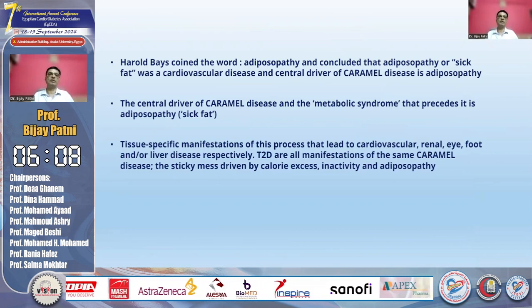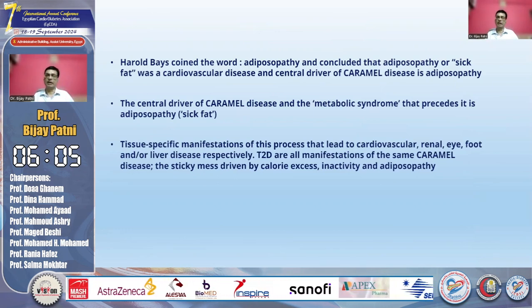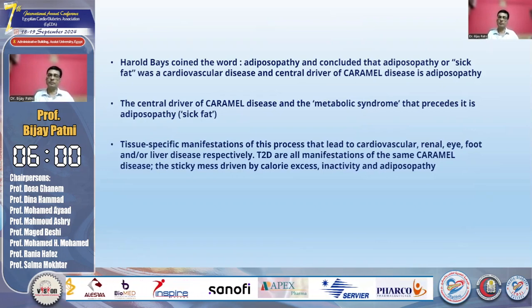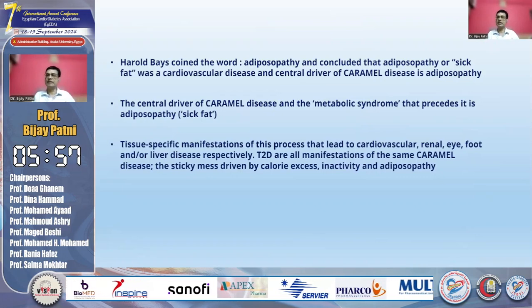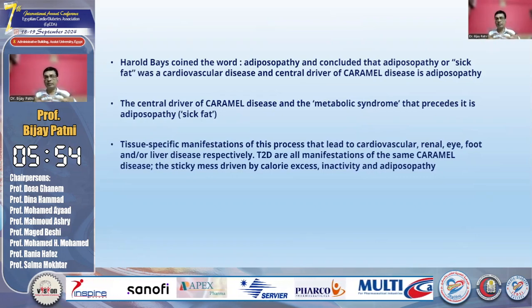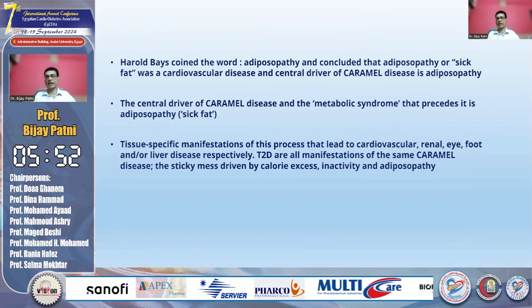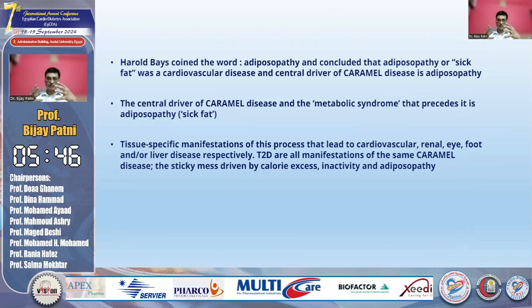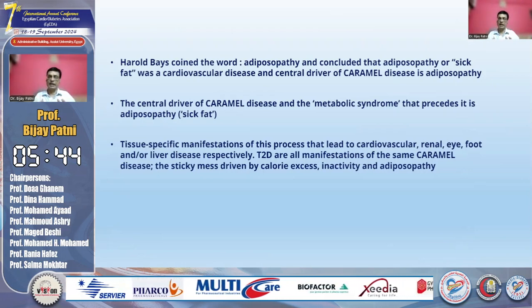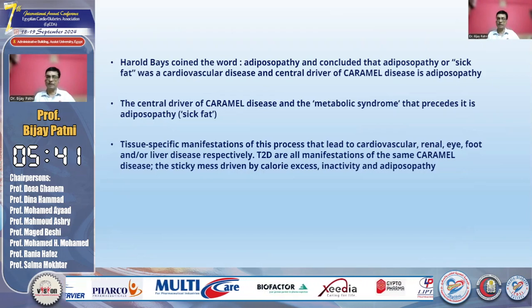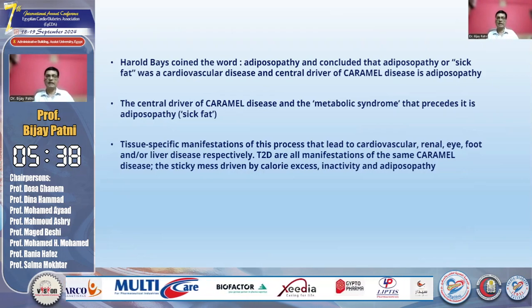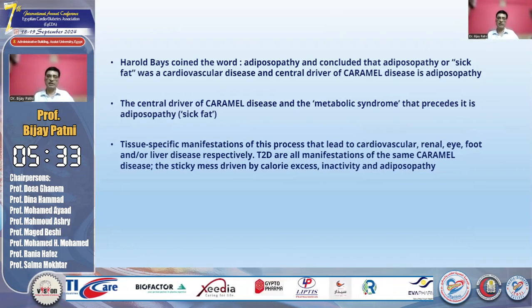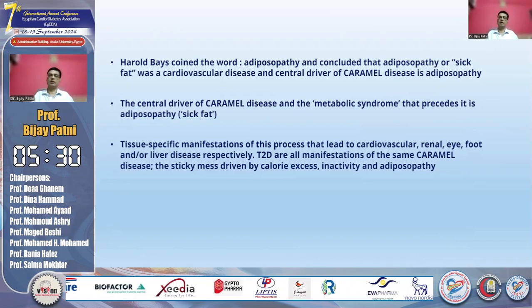Who was the person who actually coined the word adiposopathy? It was Harold Bays who coined the word adiposopathy and concluded that it is this sick fat which is the central driver of the caramel disease, and thereafter the metabolic syndrome appears. So the ultimate driver of the caramel disease is the sick fat, that is adiposopathy, and which probably is responsible for all the other factors, or all the other conditions which we see, as a component of